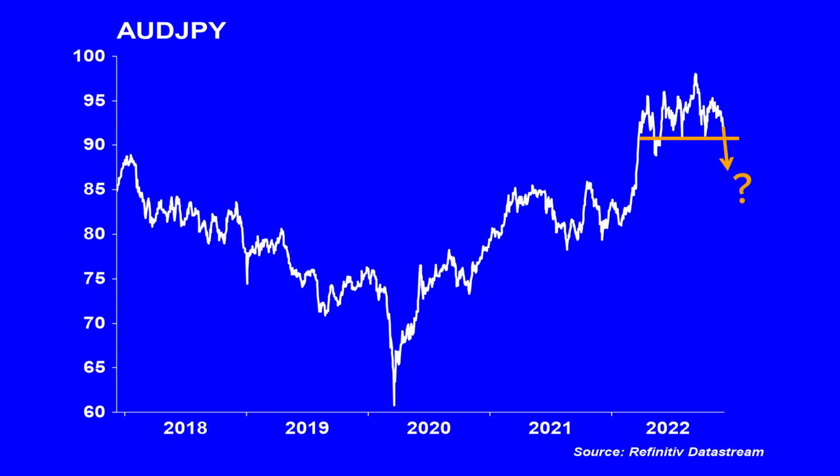So if you want to look outside of the US at some of the ideas that the global growth story is starting to really come unstuck, then Aussie dollar yen would be one, because Aussie dollar rolling over versus the yen would mean that the yen is not having the problem of the higher yields, potentially not from higher inflation, which has been the problem in 2022. And the Aussie dollar is not getting the benefits of higher prices in commodities, largely because the high prices that we've had have not been combined with a lot of demand and a lot of volume going through. So we can watch the Aussie dollar versus the Japanese yen for signs that the global growth story is starting